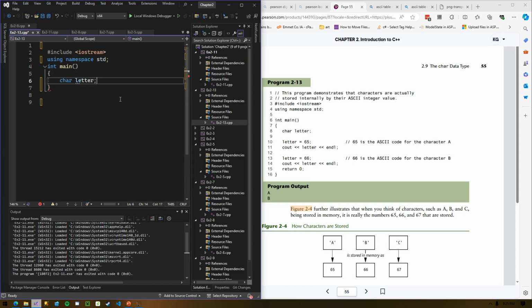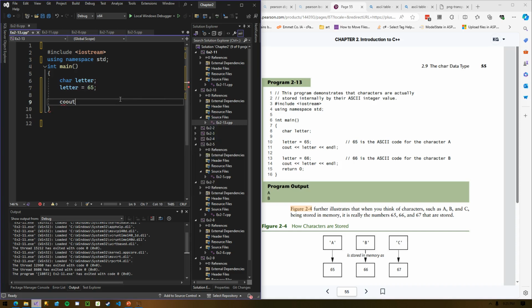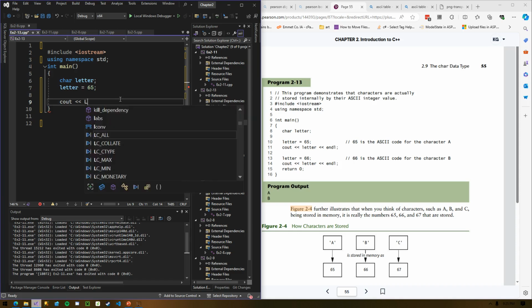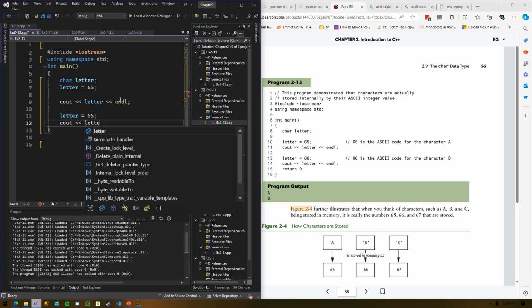Char letter. Letter equals what looks like the integer 65. How can I assign an integer to a char? Well, because of the ASCII table stuff we were just talking about. Let's see out letter, see out endl. And let's say letter equals 66. See out letter now.